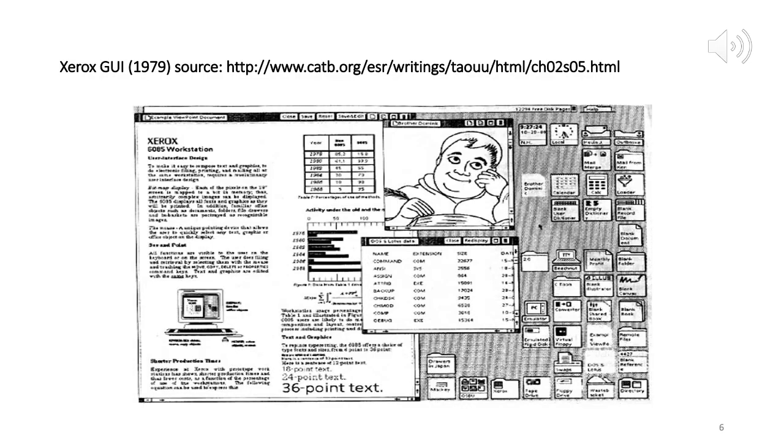So now I am on slide 6, which shows the Xerox graphical user interface from 1979. That's the source, and you can see that a lot of the concepts in GUIs are still used today. You can see the folders, some file is open, a bunch of programs are open. This was one of the earliest graphical user interfaces, the one by Xerox in 1979. Okay. What you can see is various programs open, various files, a clock, and so on.